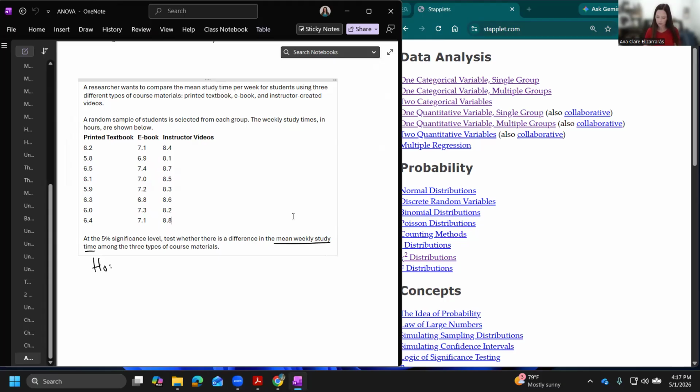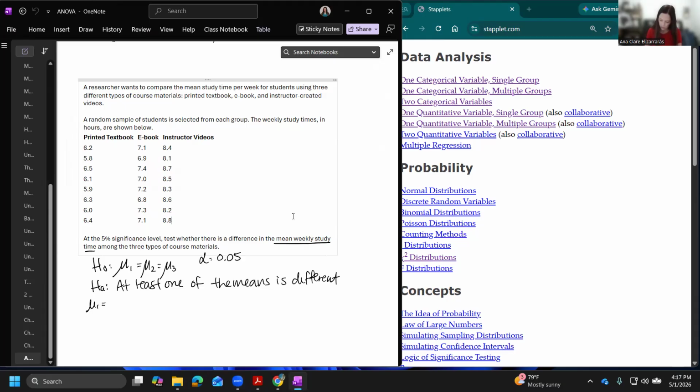So our null hypothesis is going to be mu1 equals mu2 equals mu3. You could also see mu-t, mu-e, mu-v, like for instructor videos, ebook, and textbook. And then our alternative hypothesis is that at least one of the means is different. We also want an alpha equals 0.05 level of significance. And we need to define that mu1